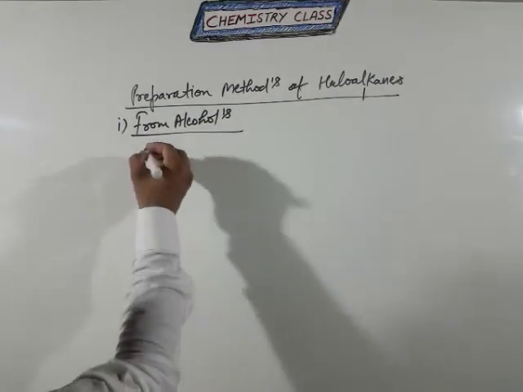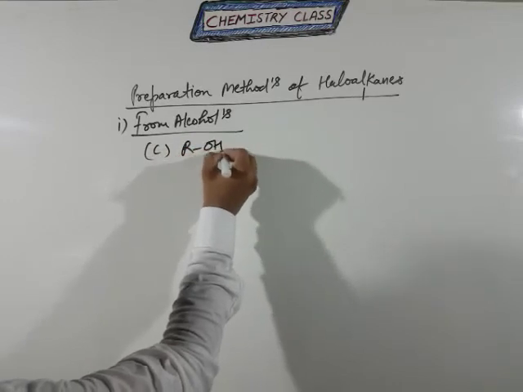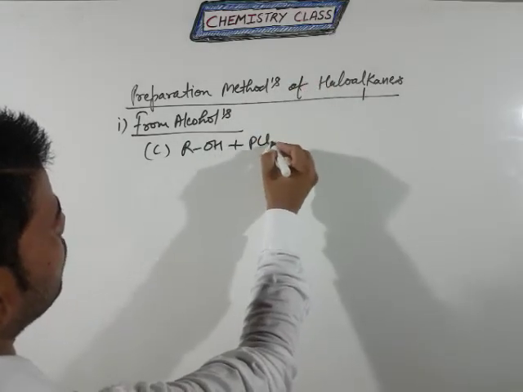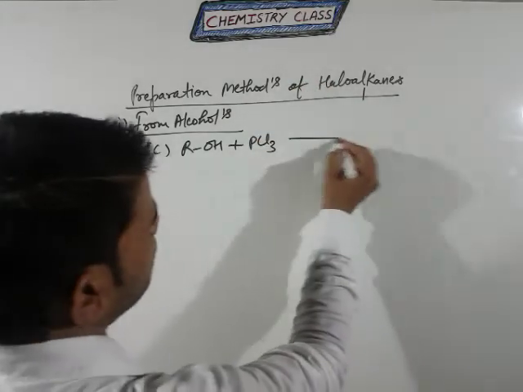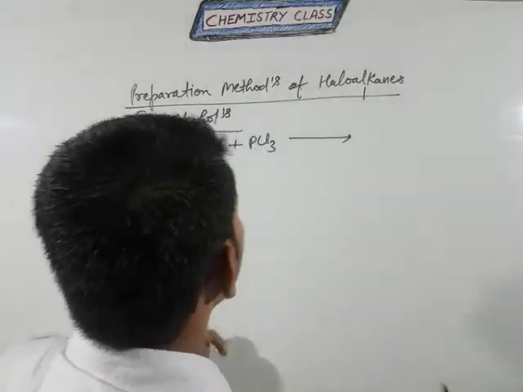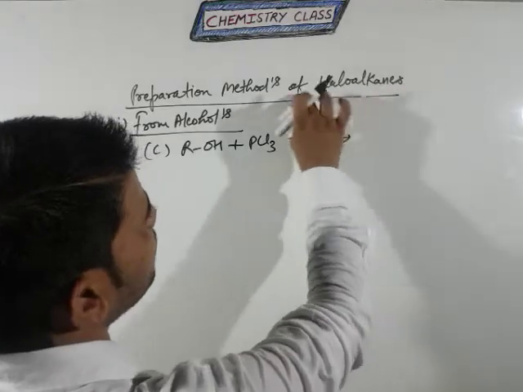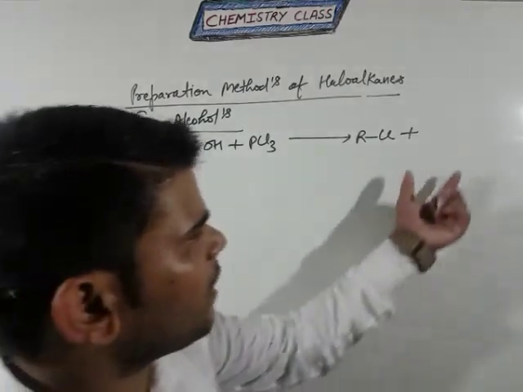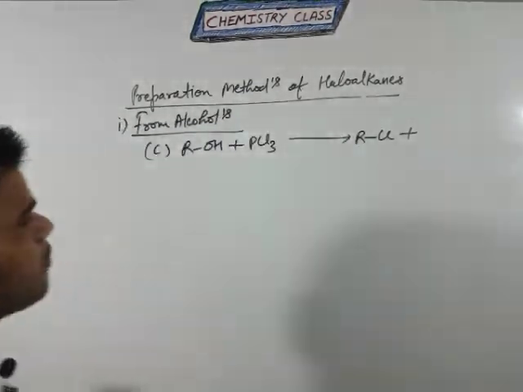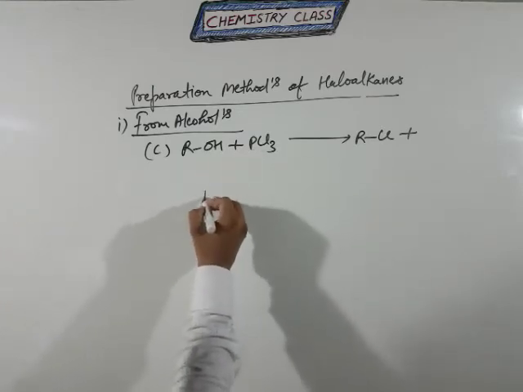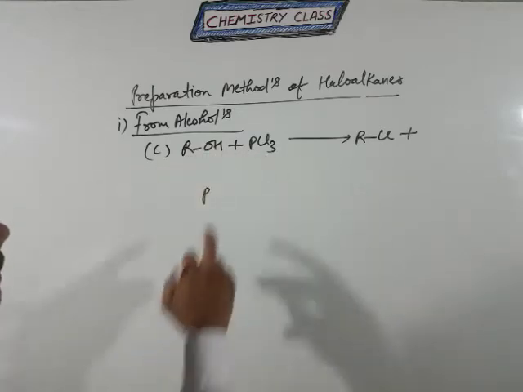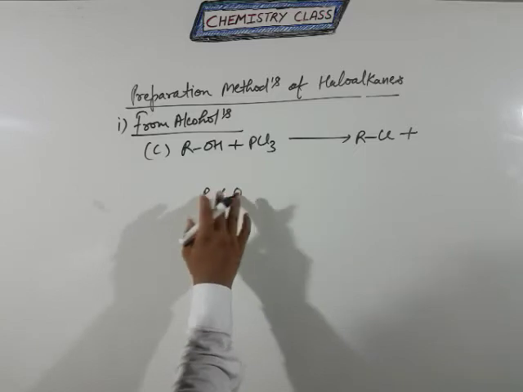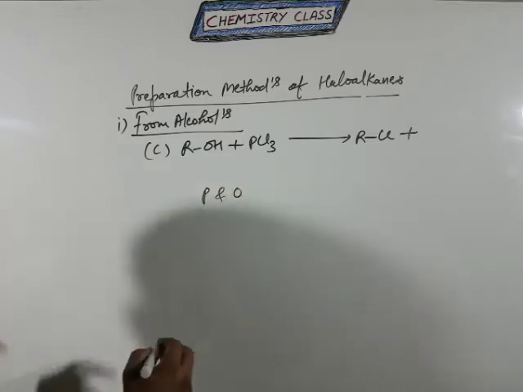Now come to the next reaction. Whenever alcohol reacts with phosphorus chloride, or you can say phosphorus halide, I am writing here PCl3. So students, what is the product? Clear? The target is formation of haloalkanes. So first you write RCl, but if you want the byproduct in this reaction, what is the concept? See here, phosphorus reacts with oxygen. We remember the concept of this reaction.